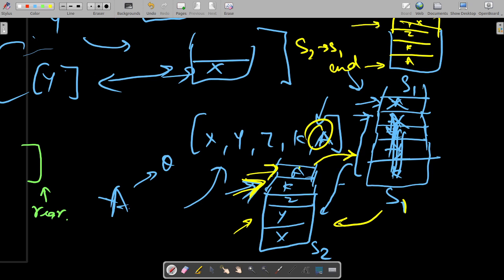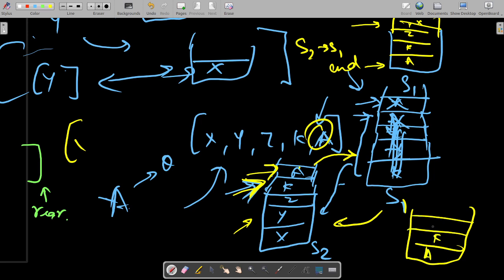Okay, so now if I pop an element, x will be popped, right? So I have got my stack as this: a, k, z, y and x. So I think this is clear. Okay, so a has got to the end.